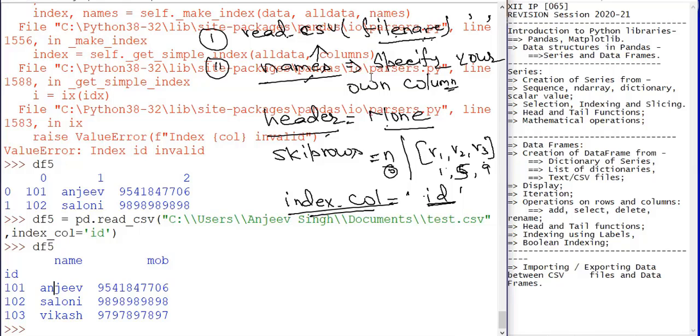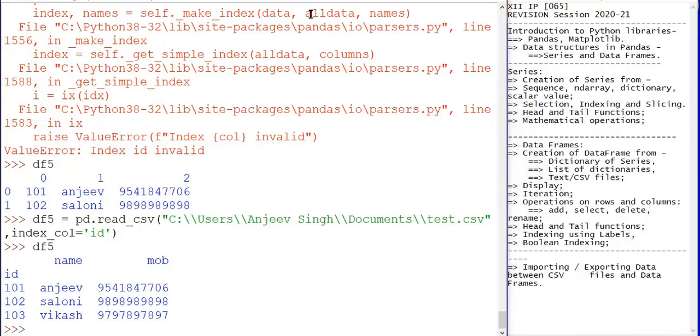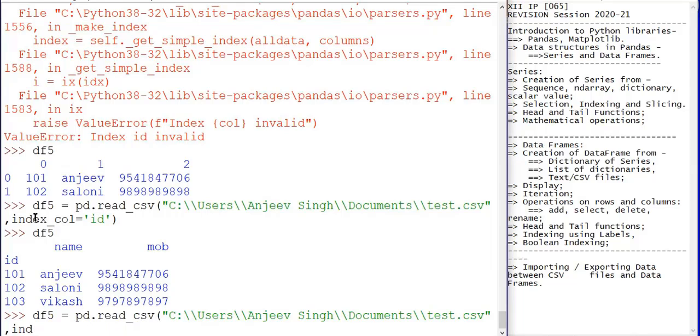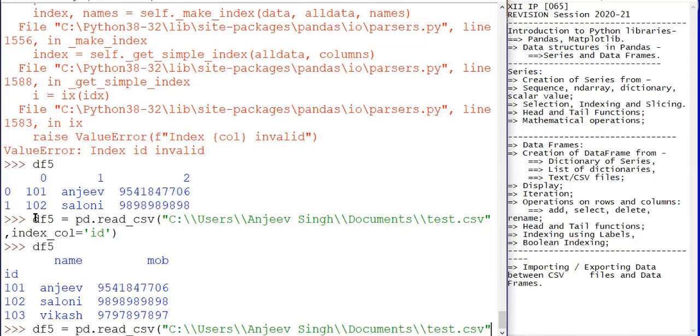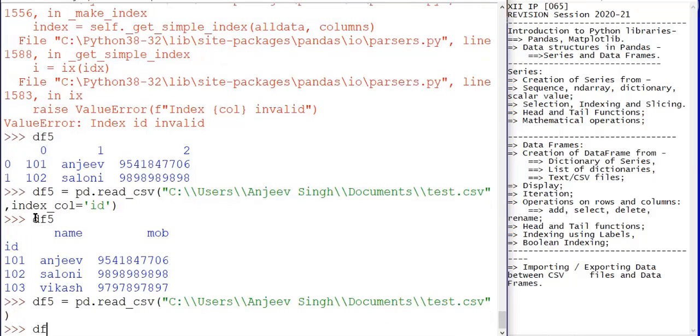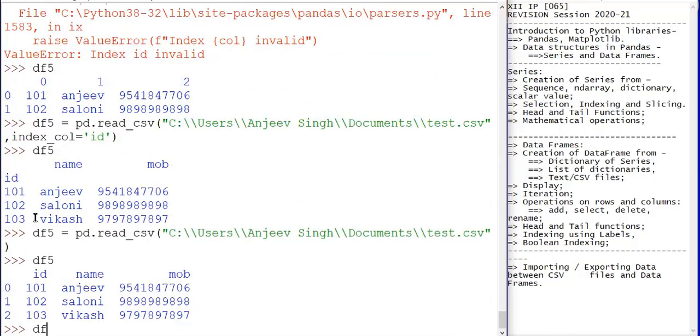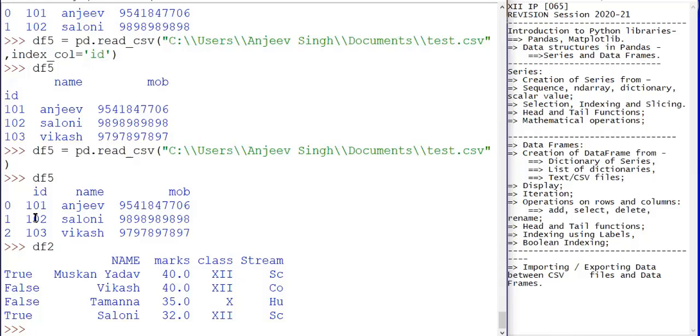Now we are going to use to_csv. So how are we going to convert this data frame? I'm not using anything else, just using the data frame in a simple way. My data frame is created here, and I have a data frame df2 also. So I want to convert this df2 into a CSV file. I want to store this information in a text file. So what I will do, I will write here